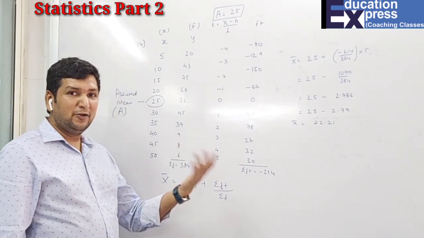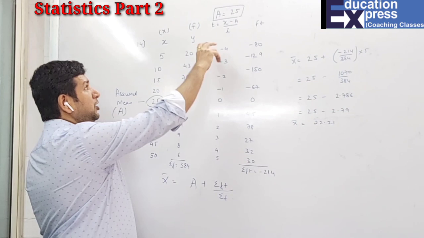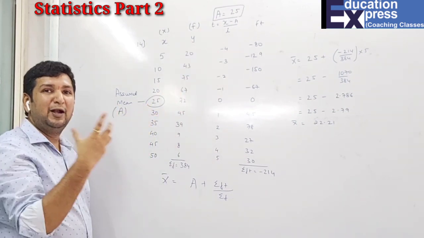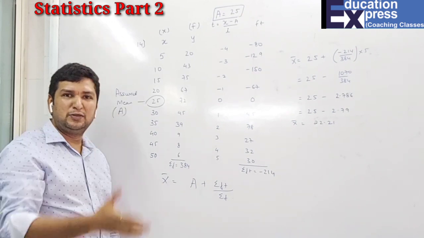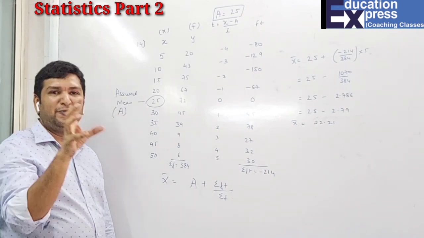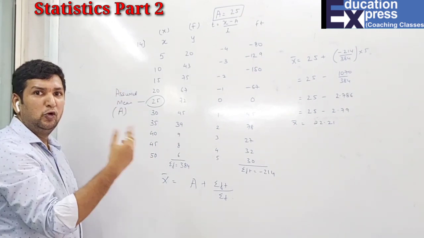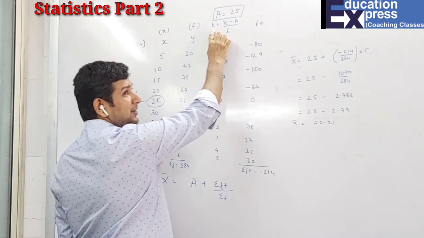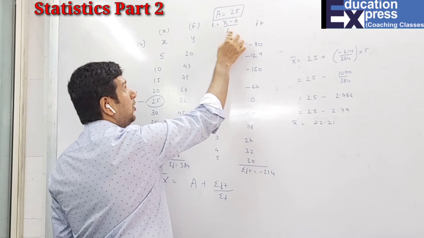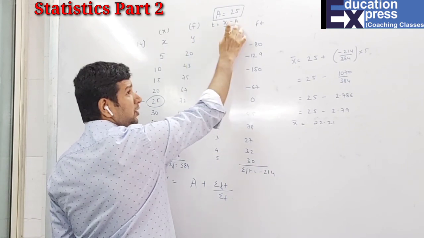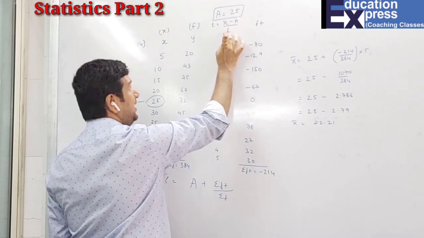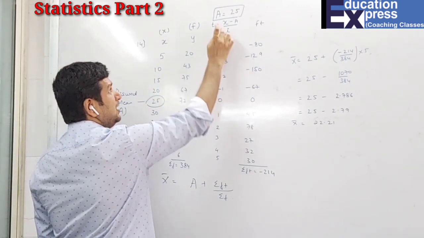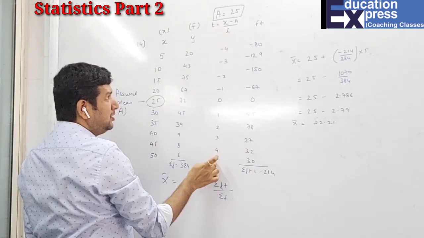What was the difference in this? First you have to assume something as your assumed mean, which will be the mid value. In case there were 9 observations, I would have definitely taken the fifth one, but here there were 10, so I had two choices, either fifth or sixth. After that, you have to find this t, which is x minus a upon I. What is x? We know. What is a? We have assumed. And what is I? The gap between two consecutive observations. And with this, substituting the values, you get the answer as your t.